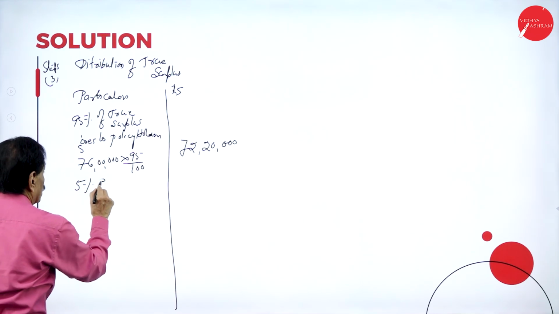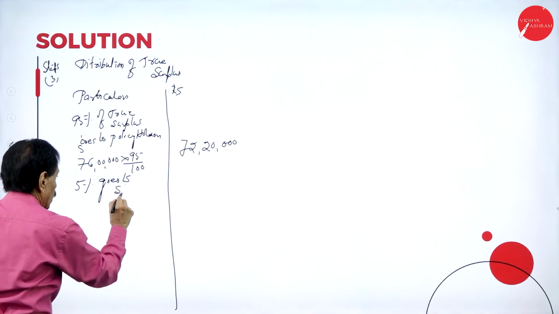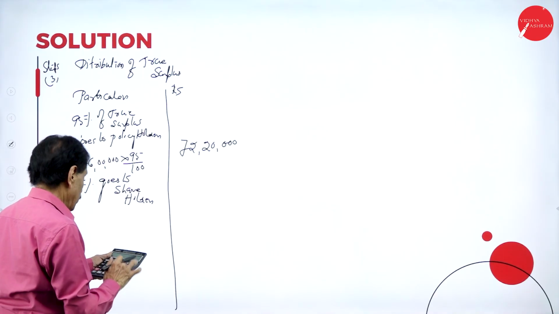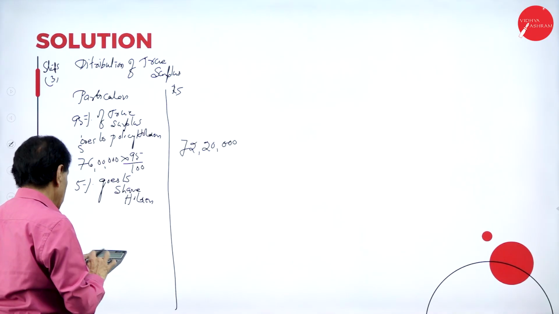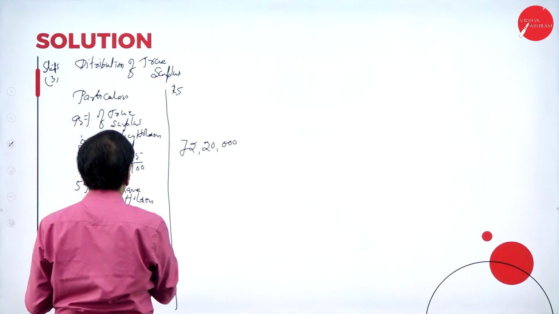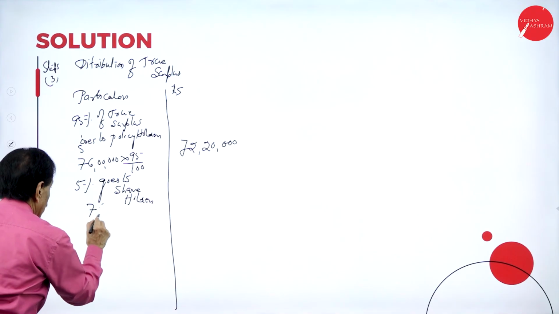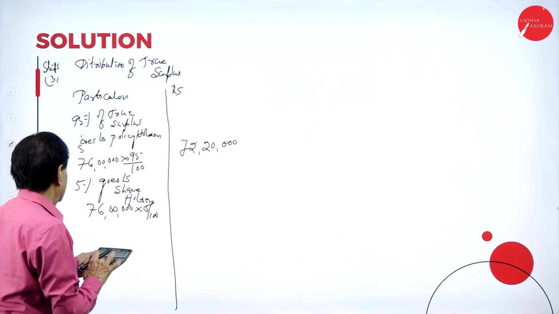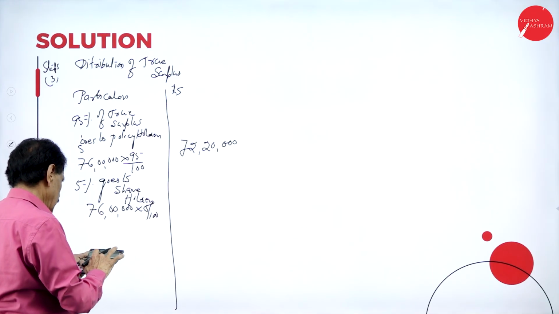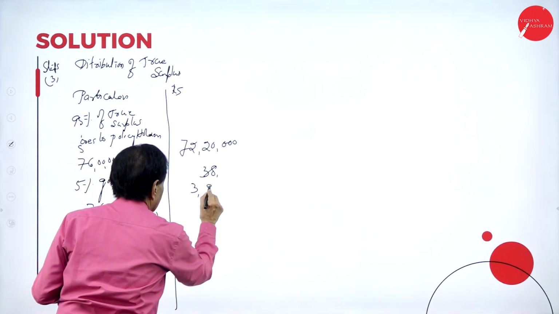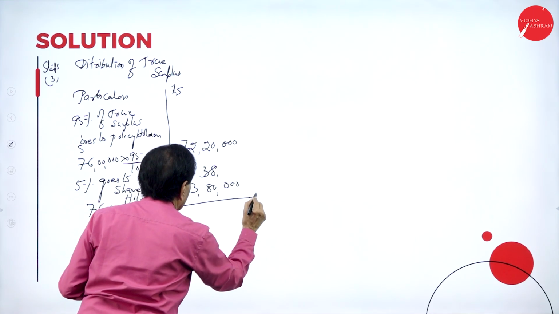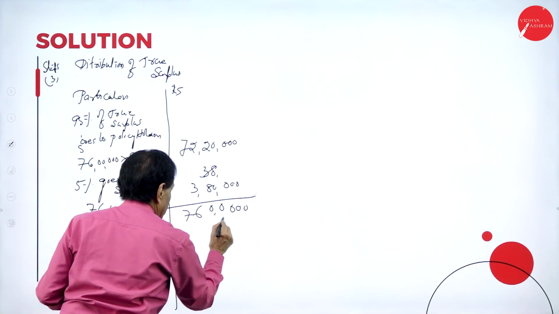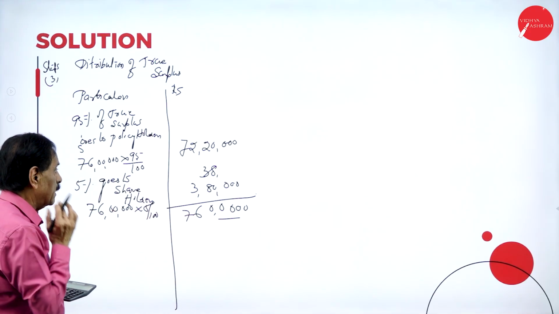5% goes to shareholders out of 76 lakh. 76 lakh into 5 divided by 100. 3,80,000. Add 72 lakh 20,000 and 3,80,000, that is 76 lakh. Then